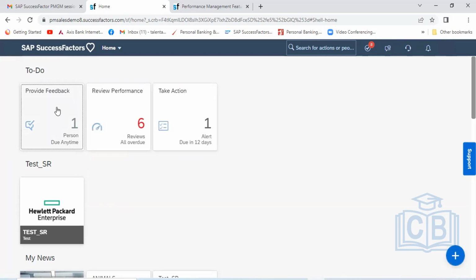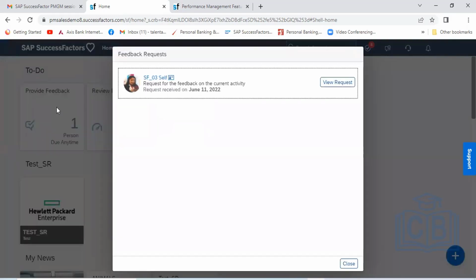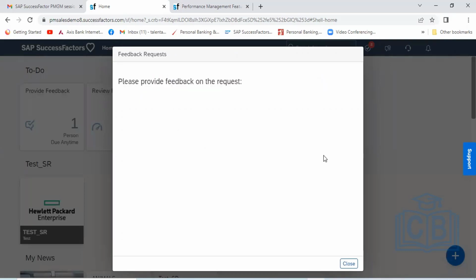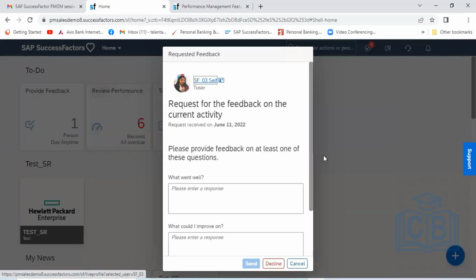You just click on here. You can see somebody has asked you to give feedback. Click on view request. You can see the request for feedback on the current activity.